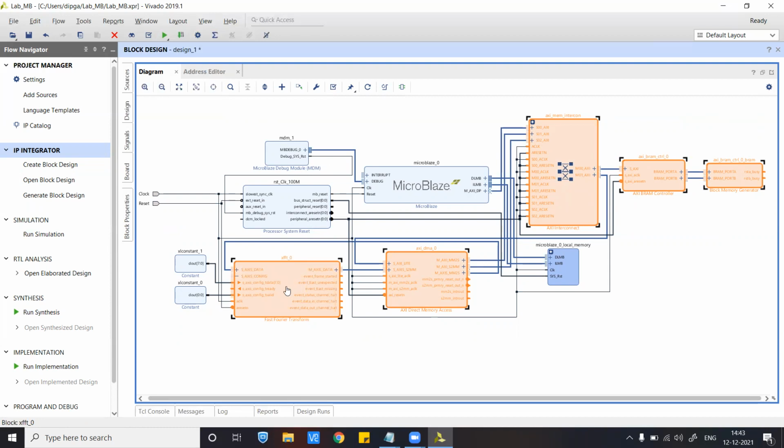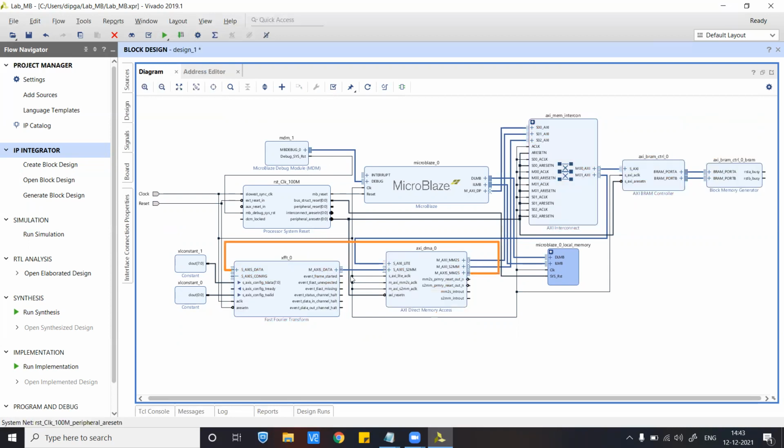After some time the FFT will be calculated. Again you want the DMA to take the input from the master port, the output, and store it inside the BRAM. From here again, after the FFT from DMA, store it into the memory locations in the BRAM. So these are the ports that help you.